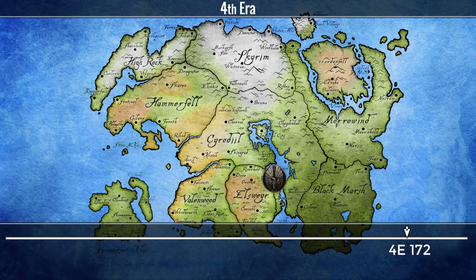172. Aldmeri forces advance into Cyrodiil to capture the Imperial City. The situation in Cyrodiil: the cities of Bravil and Anvil both fall to Aldmeri forces. Naval battles take place in Lake Rumare surrounding Imperial City and along the Nibenay River leading to the Rumare. The situation in Hammerfell: the entire southern coastline falls to the Aldmeri forces with the exception of Hegathe, which is under siege. 173. Aldmeri forces cross the Nibenay and advance towards the Imperial City through the eastern bank, surrounding the city from east, south, and west.